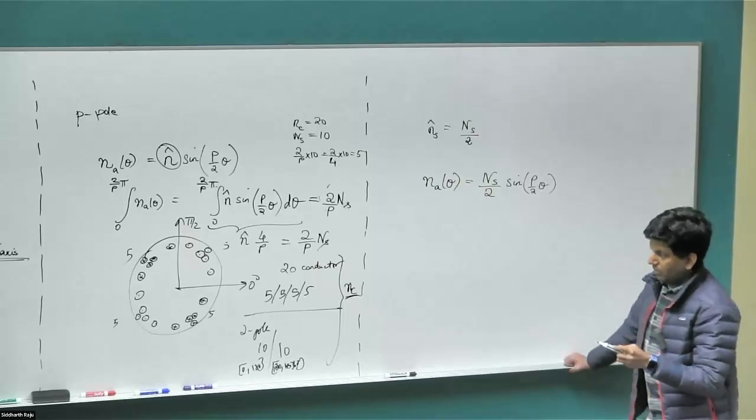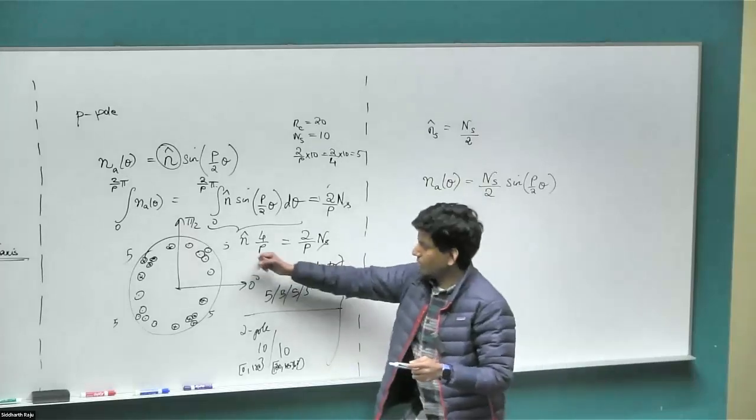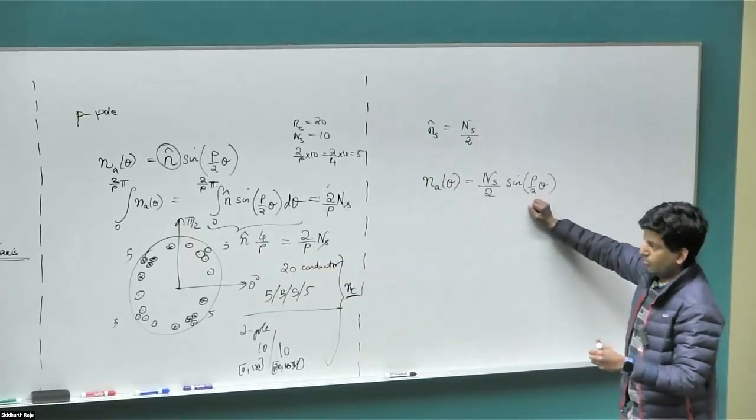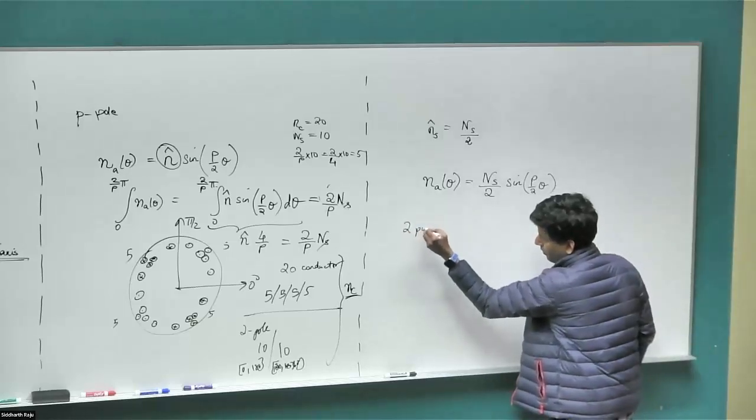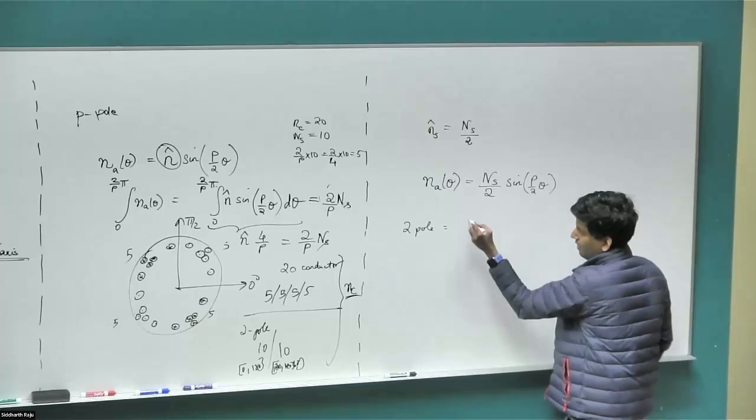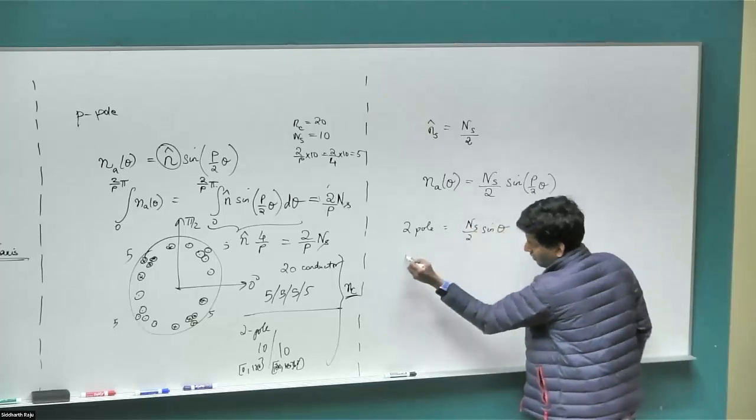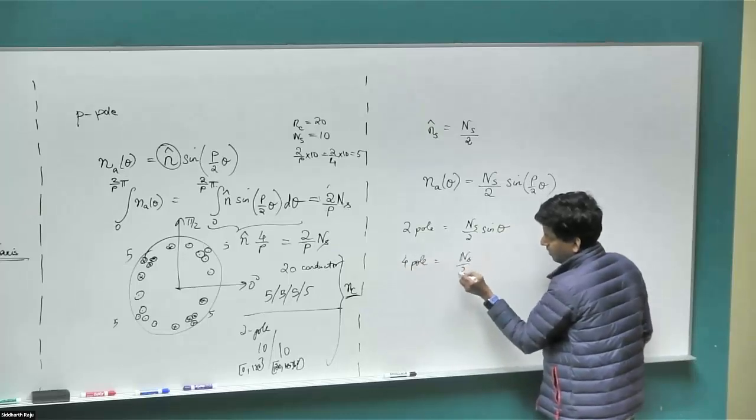But the number of conductors that come out of integrating over some particular range would be reduced though, because of this p by 2 factor within the sine term. So if I look at a two-pole motor, this term would have been ns divided by 2 sine of theta, and for a four-pole motor, this term would have been ns divided by 2 sine of